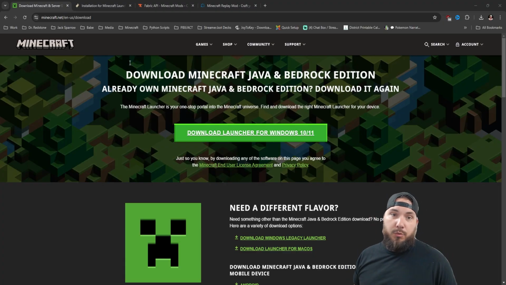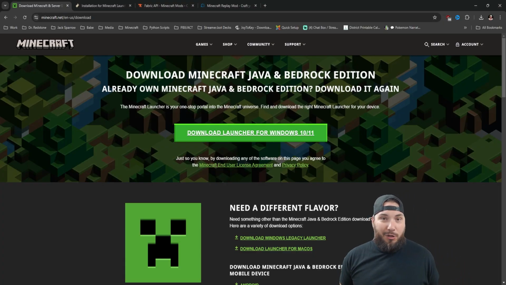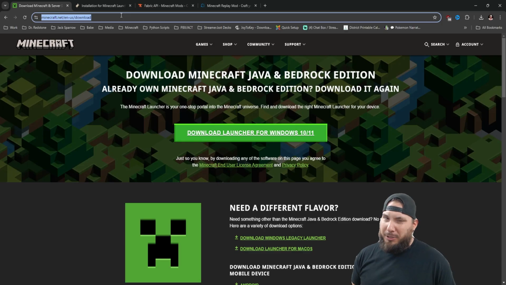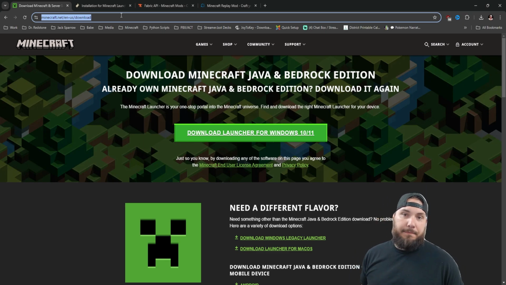Jumping on into this one, assuming you've already set up and downloaded the Minecraft launcher, here is the link right here. I'm assuming you've already got that done. If you have, open up Minecraft, go ahead and close it and come back here. Next up, we want to go to